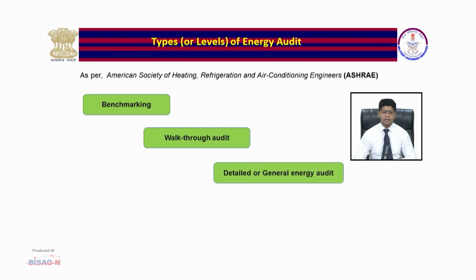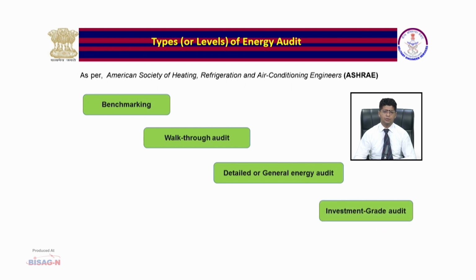Third level is detailed or general energy audit. Based on the results of the pre-audit, this type of energy audit consists of an energy use survey in order to provide a comprehensive analysis of the studied installation, a more detailed analysis of the facility, a breakdown of energy use, and a first quantitative evaluation of energy conservation measures selected to correct the defects or improve the existing installation. This level of analysis can involve advanced on-site measurements and sophisticated computer-based simulation tools to evaluate precisely the selected energy retrofits. And lastly, investment grade audit.